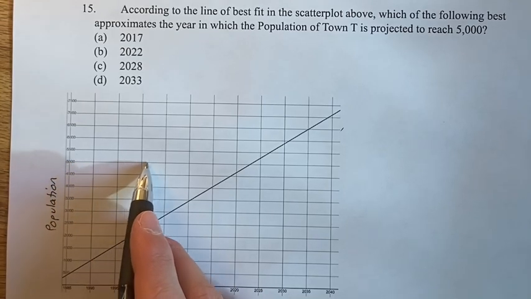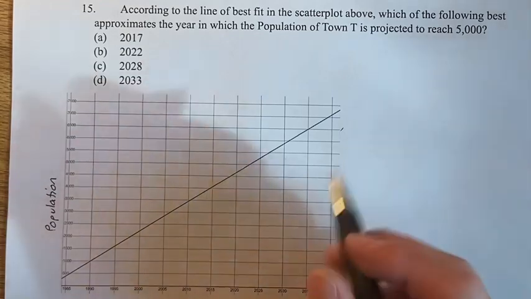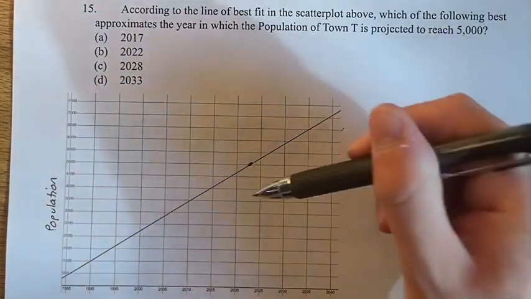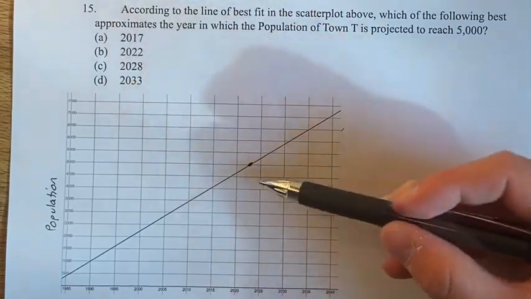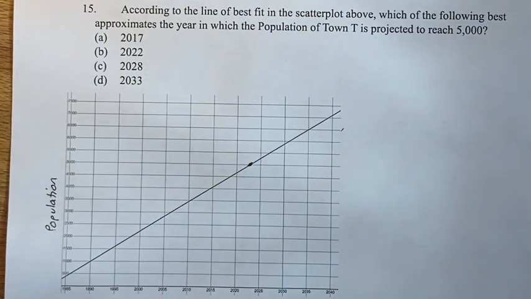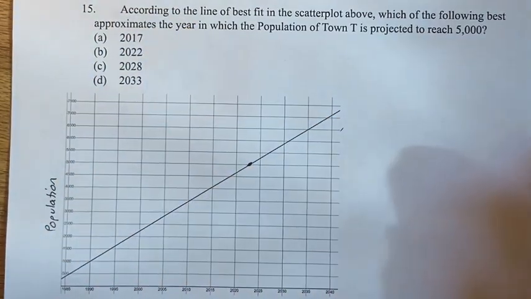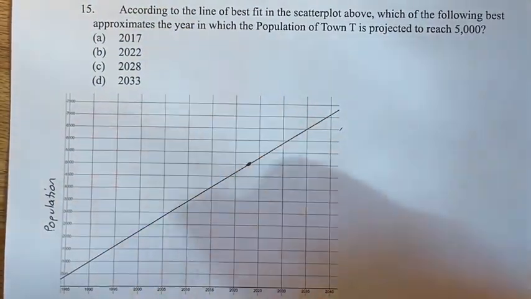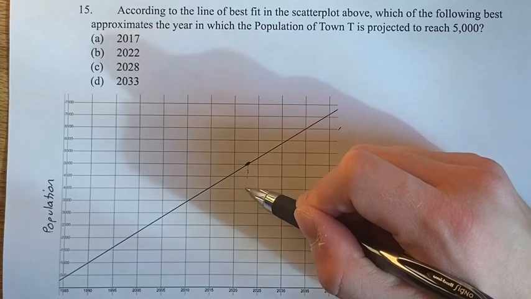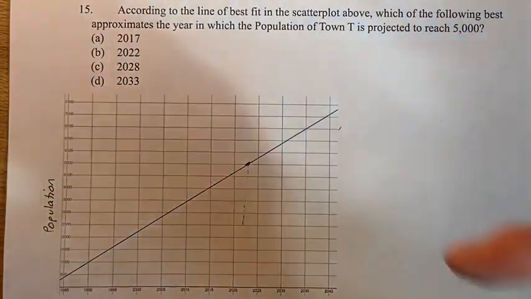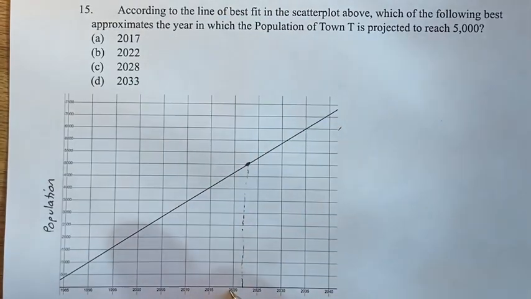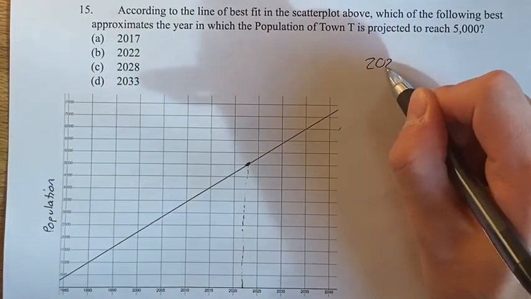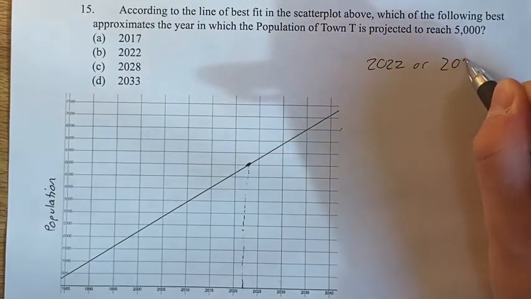So if we go across, we'll find a point eventually right here. This is the point at which it is on the line, and it has a y value, if we go back, of 5,000. So how do we find what year this is? Well, the year is marked on the x-axis, so what is the x value of this point? And we go down, and it's roughly halfway between 2020 and 2025, so we can call that 2022 or 2023,